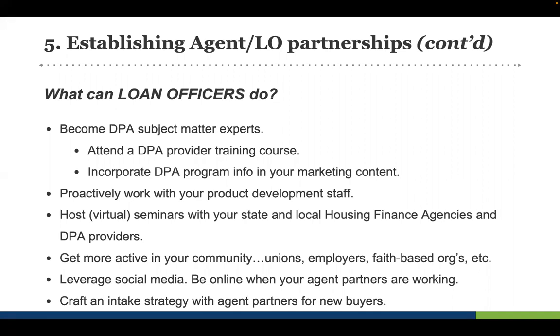And then after all that, when you've got these relationships in place with real estate agents, they need you to have an intake strategy so that when they bring you a client that's a first-time homebuyer, maybe a little tight on cash to close, maybe a little tight on ratios, they need crystal clear instructions. What are the next steps? What is our client intake strategy for buyers who are using down payment assistance? Once you've got that in place, then you run it, right? You put the consumer in the machine and you pump them out the other end with down payment assistance.